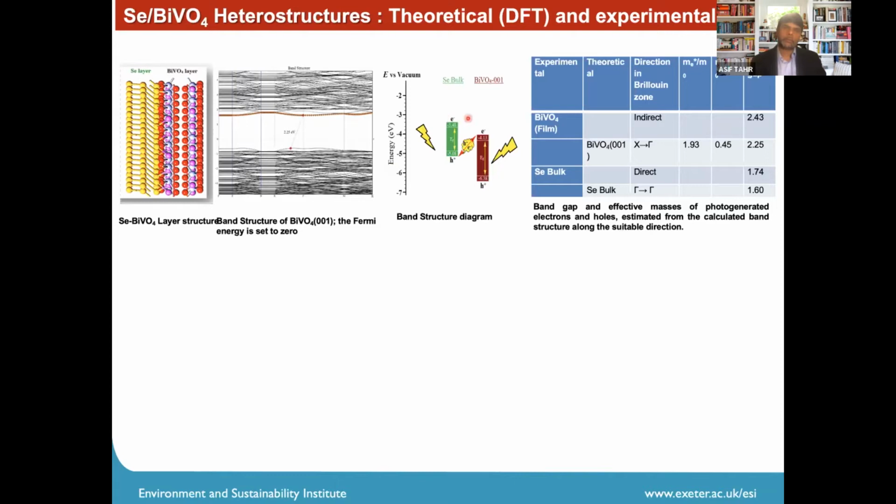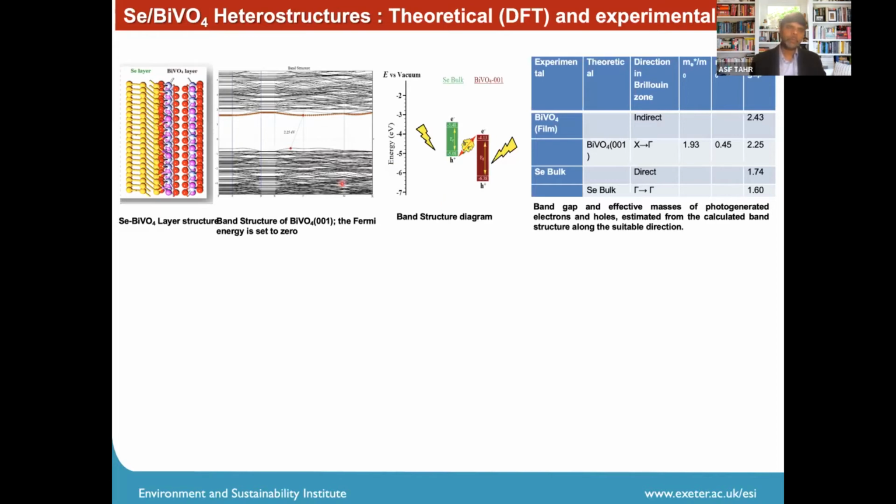The selenium has a higher conduction band edge, so it has the potential to generate hydrogen and carry on the reduction reaction, whereas the bismuth vanadate has a lower conduction band, so its power to carry on the reduction reaction is lower. So it can be used as an oxygen evolving material, and then the charge generated by the bismuth vanadate will compensate the holes on the selenium. So in this way, the reaction will proceed with much more